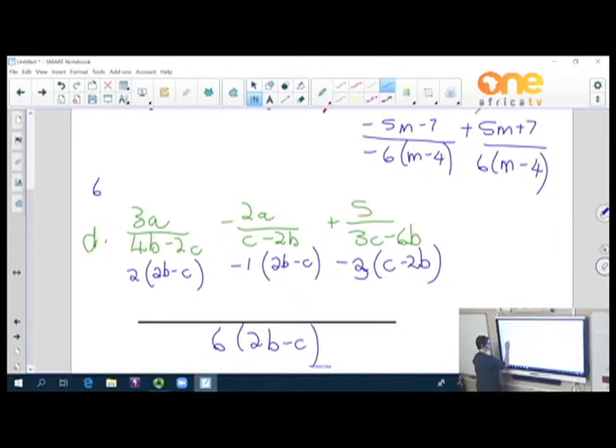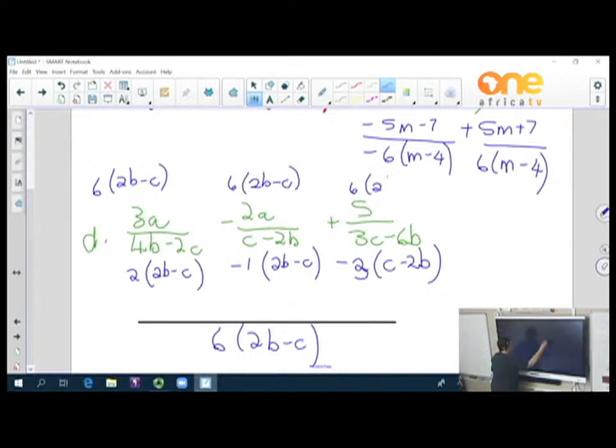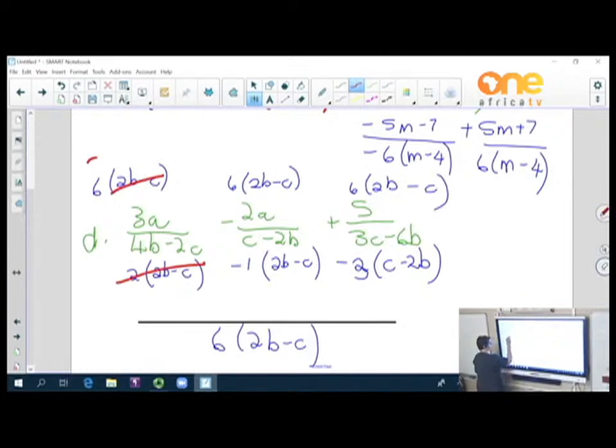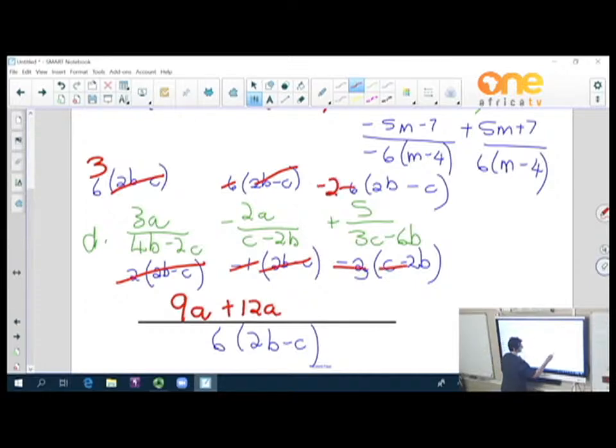So it's 6, 2b minus c, 6, 2b minus c, 6, 2b minus c. And cancel. So there's a 3. If we multiply there, it's 9a. Cancel here. So it is negative 6, positive 12a. Here it will divide negative 2 times. This will cancel out. Oh, we changed the signs then there. So this one is then